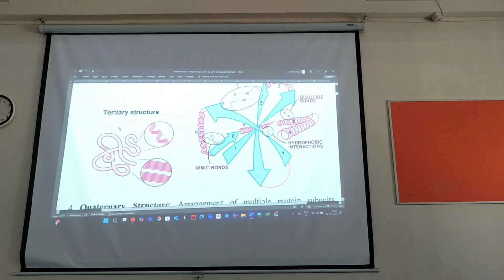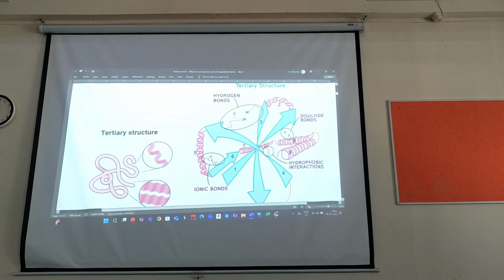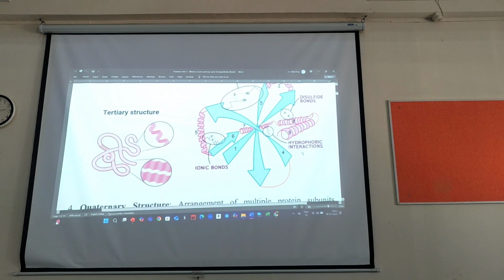Okay, maximum folding happens in the tertiary structure, and interactions take place between all the amino acids. Due to these interactions, hydrogen bonds occur there. After that, disulfide bonds also occur there. Then hydrophobic interactions take place. Okay, hydrophobic interactions means it does not react with the water molecule, or you can say the water molecule gets removed from that process